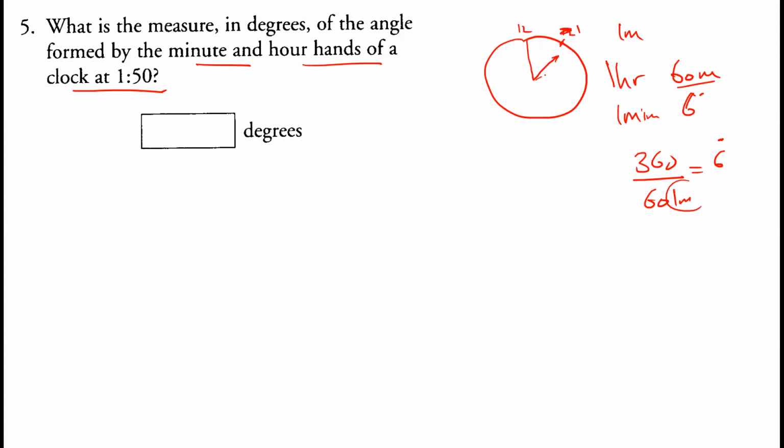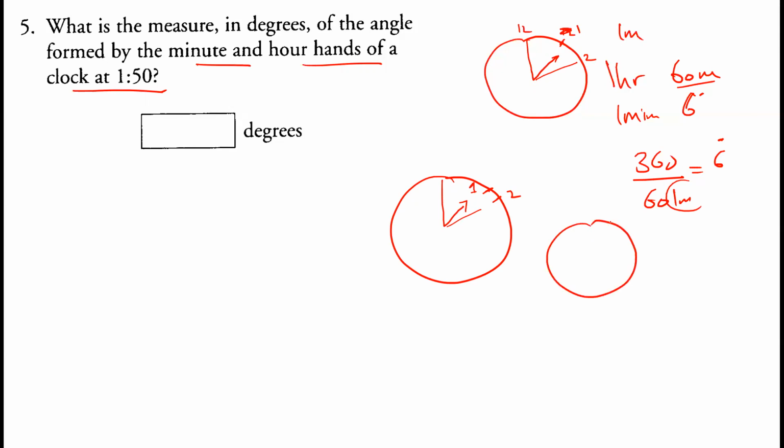And this is your 2. Now as the minute hand starts to cross, for example, this is 1 and this would be 2. Now at 1:30, the hour hand would be in the middle of 1 and 2. So obviously if it is 1:30, this is 1, this is 2 and this is 3. So your minute hand would be over here, at 30. And the hour hand would be in between 1 and 2.